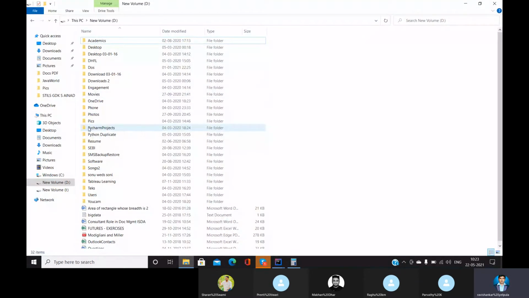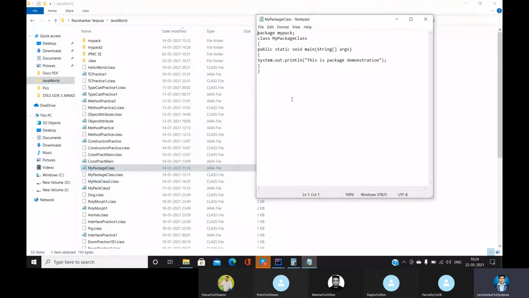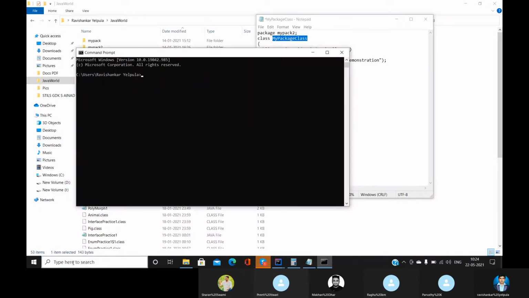Guys, I'm not aware of this IntelliJ because I write and run the programs using Notepad. Can you see this mypack? This mypack has been created here. I want to show you practically how it works. I'll make it mypack2 and the class name is MyPackageClass.java.